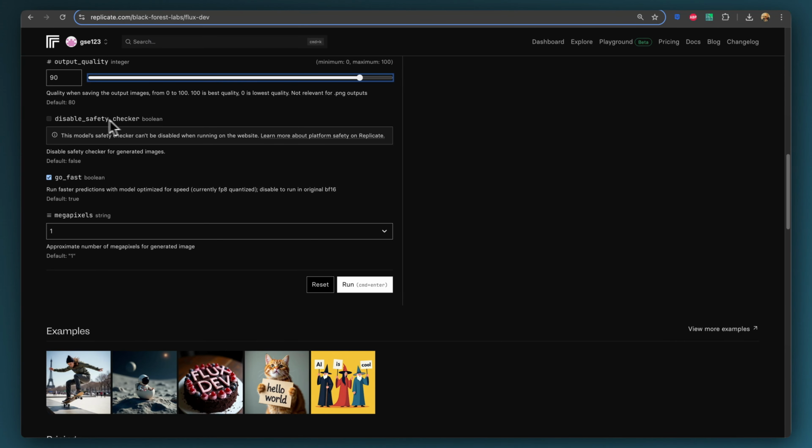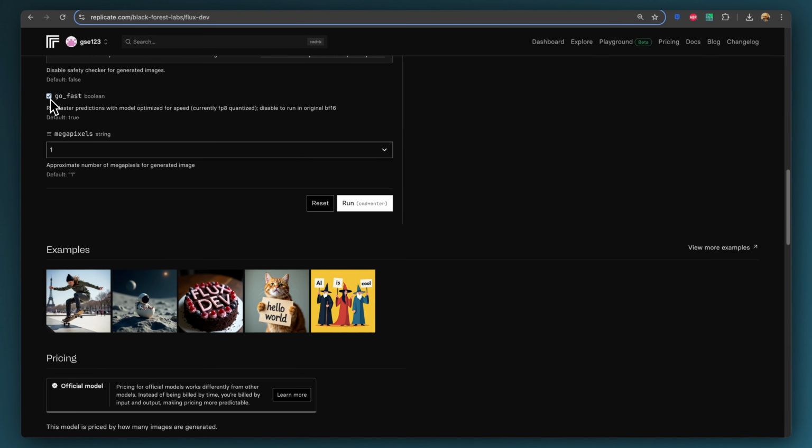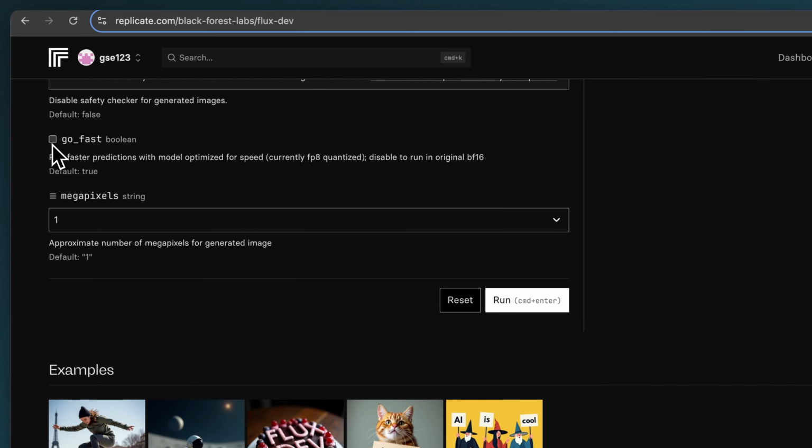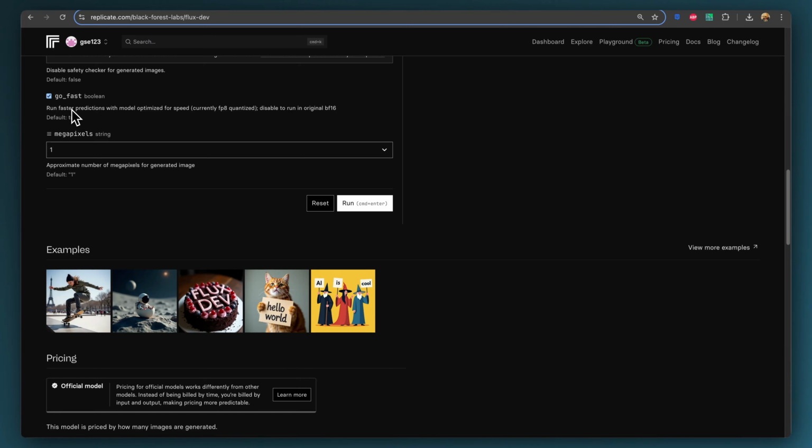Disable safety checker, just leave that alone. It doesn't really have any relevance on this particular usage. Go fast option, this is on as a default, which I agree with. It basically activates a slightly more optimized version of the Flux Dev model that is faster, therefore a little bit cheaper than it would be otherwise, and